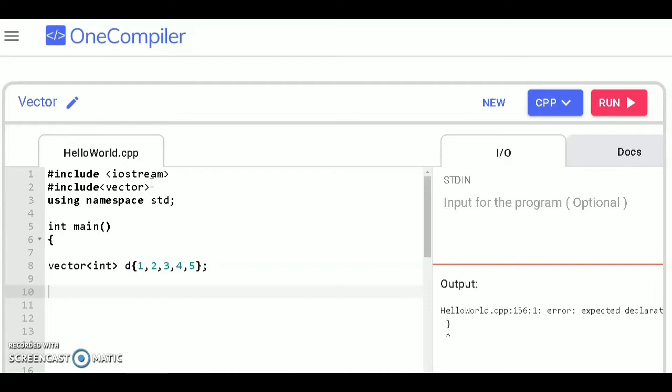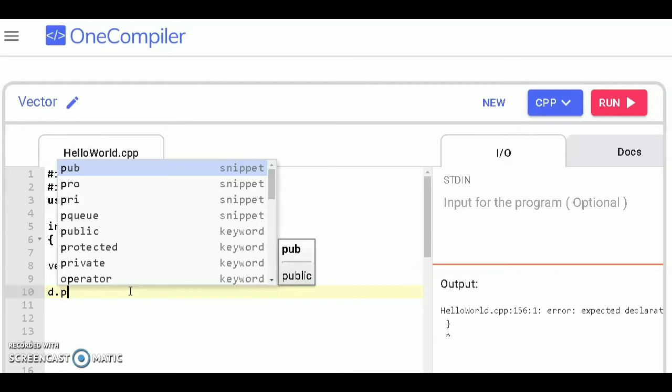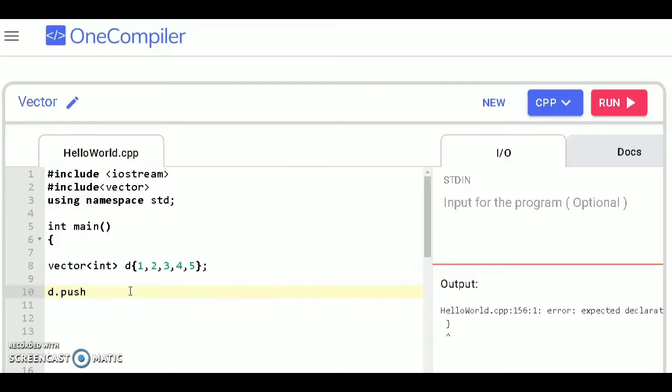So let's get started. So first declare the header file, that is #include vector, and I make a vector class of integer having object d and elements are 1 2 3 4 5, and start with the basic operation, that is pushback. And this pushback function is used for inserting an element at the back of the vector. So d dot pushback, let's say we insert 16,